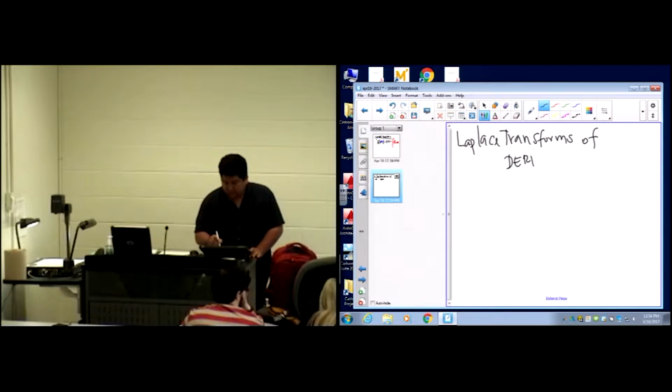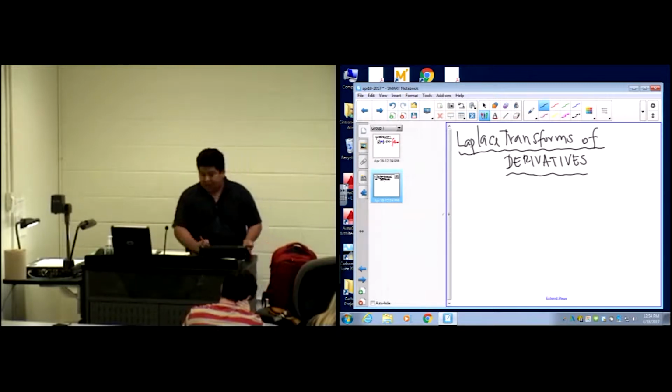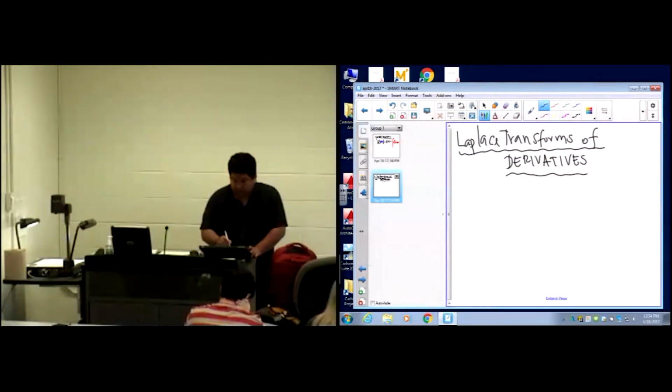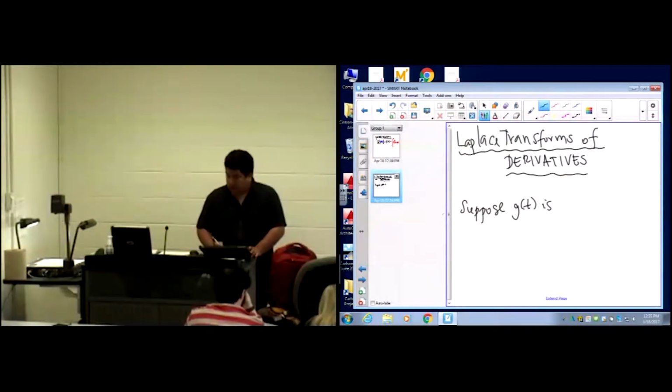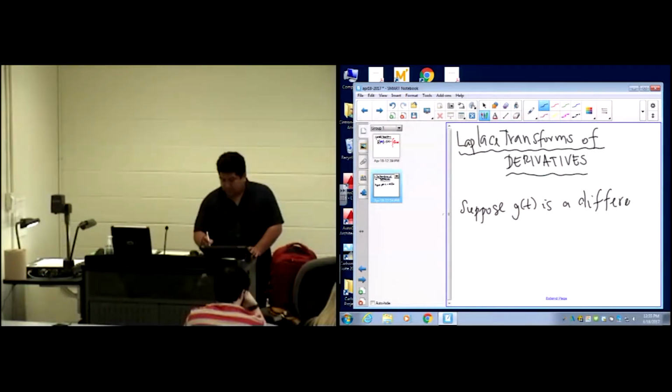We're going to say, suppose we have a function little g, little g of t, of exponential order. So suppose g of t is a differentiable function of exponential order,